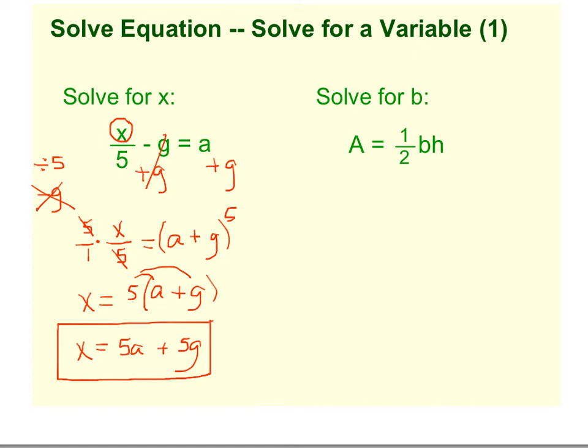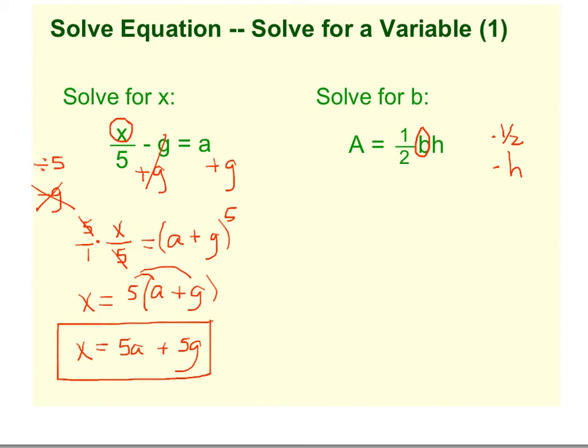All right, this next example, we're solving for b. So again, we want to figure out where b is. And then what's happening to b? It's being multiplied by a 1/2. And it's being multiplied by an h. So because it's all multiplication and nothing else,